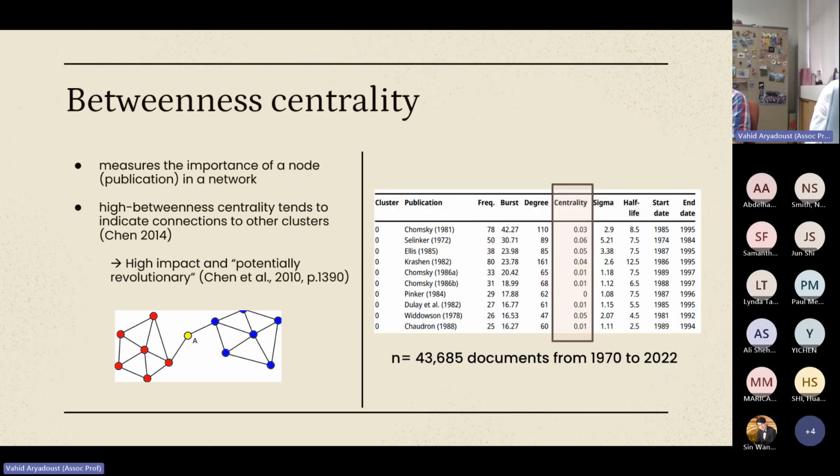And so finally, we also have betweenness centrality, which measures the importance of a node or the publication in the network. And a high betweenness centrality tends to indicate connections to other clusters. So it might be an indication of a high impact or potentially revolutionary publication. But in our study, we found the betweenness centrality values were not very high, but